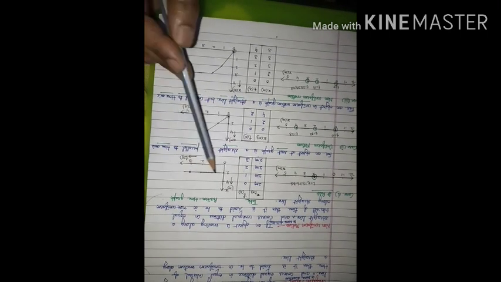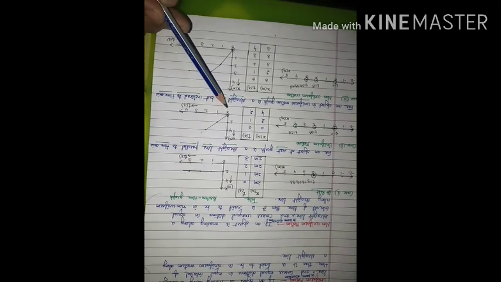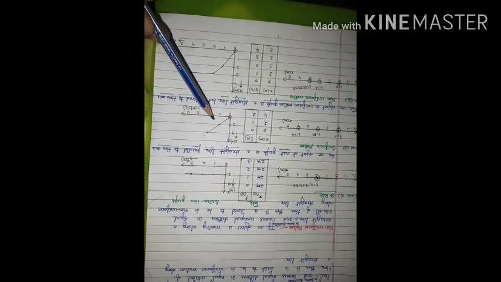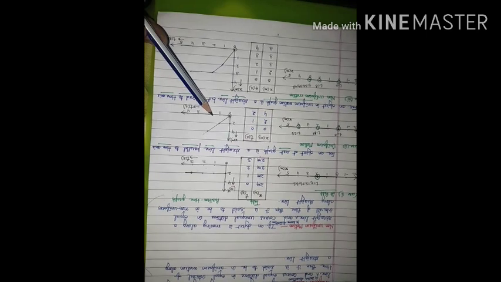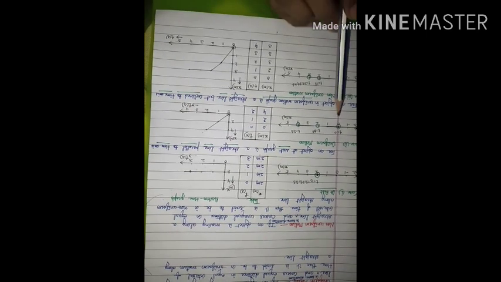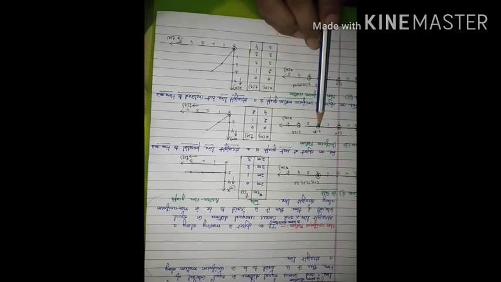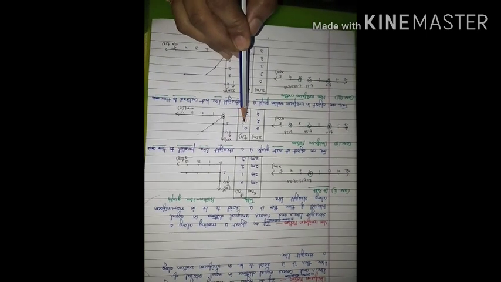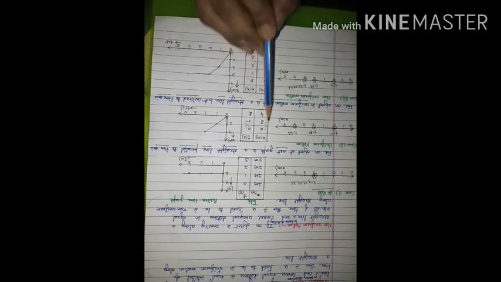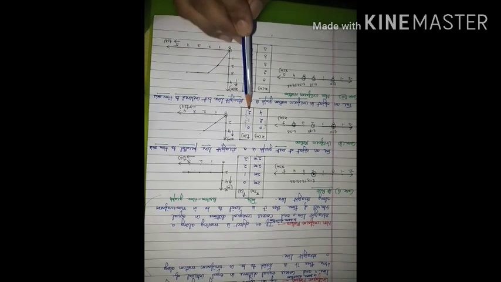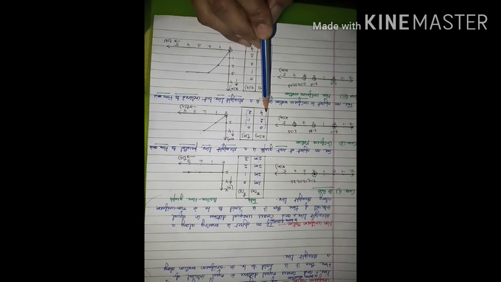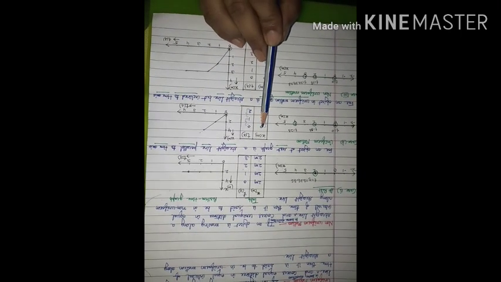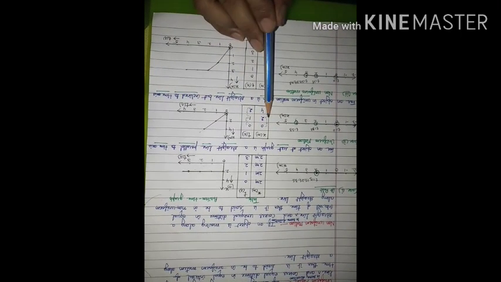This line is parallel to the time axis. This line is inclined to the time axis, though both are straight lines. This type of motion, where the object covers equal distance in equal time interval: see here, in 1 second, how much distance is covered? 2 meter. Then again in 1 second, how much distance is covered? 2 meter. So in equal time intervals, the distance traveled is also equal, then this type of motion will be known as